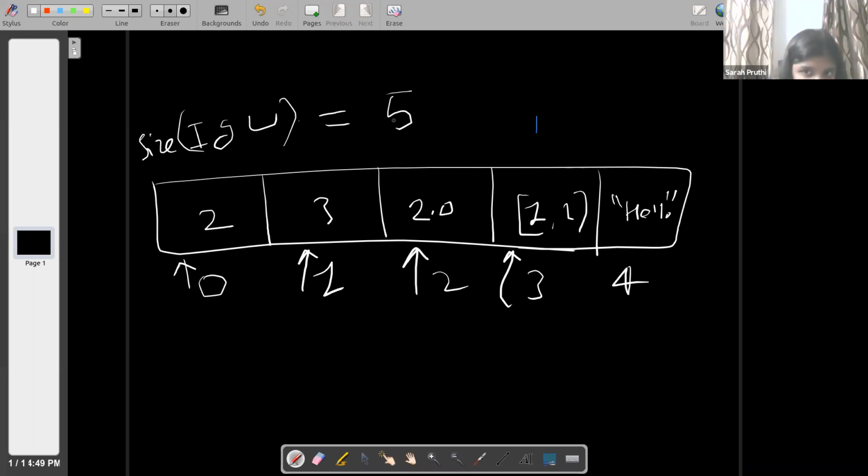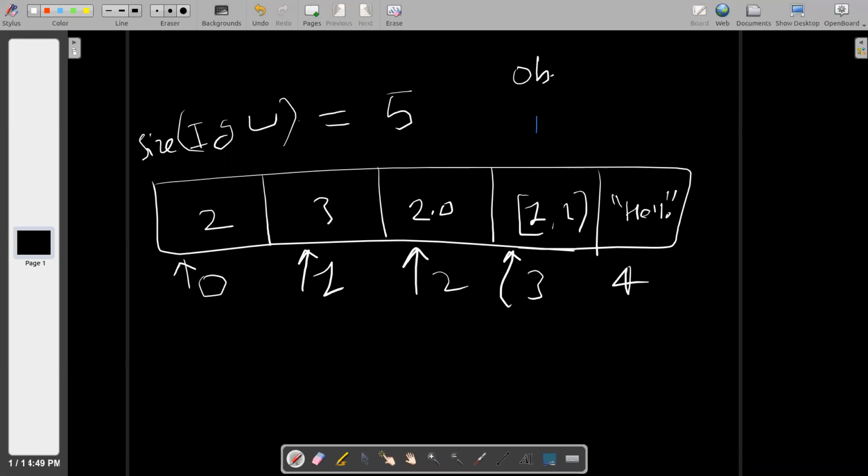So basically in memory, space will be created for 5 items, or not item, a more concrete word would be objects. So Python treats each entry in this list as an object. 2 is an object, 3 is an object, 2.0 float is an object. So everything is an object.